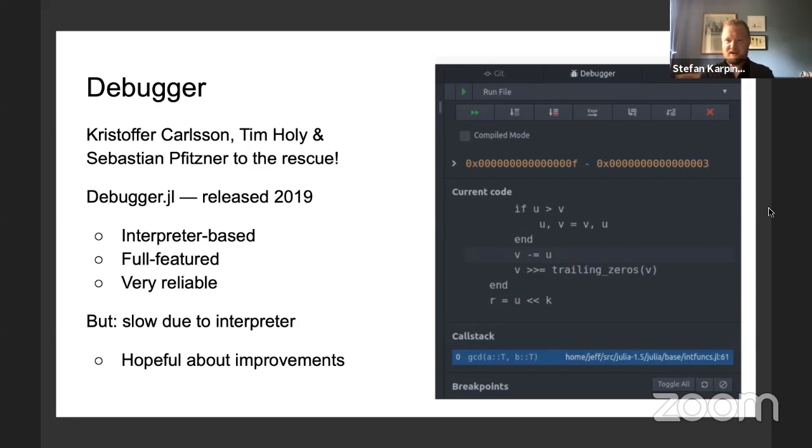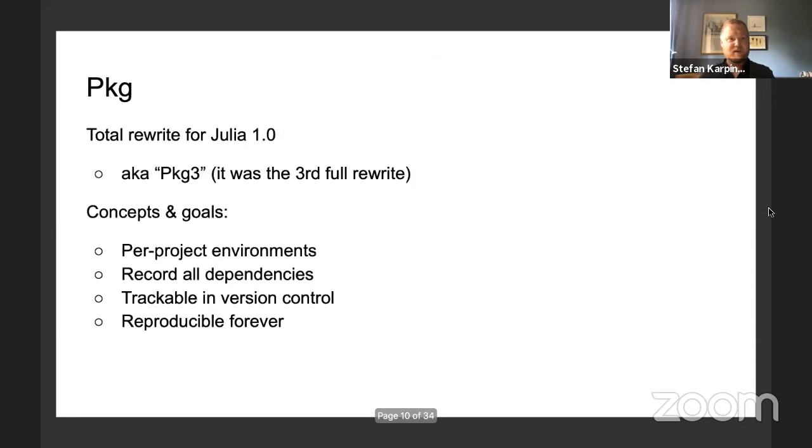And you can see the really nice UI for the debugger on the right-hand side. Is this VS Code or is this Juno? I'm not sure. It's one of the two. This is Juno. Okay. So both Juno and VS Code have a really nice debug UI for this type of thing.